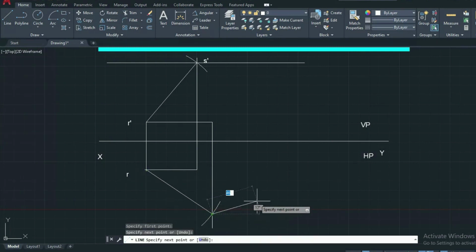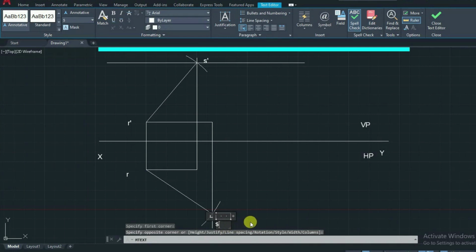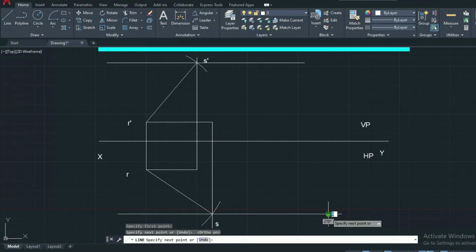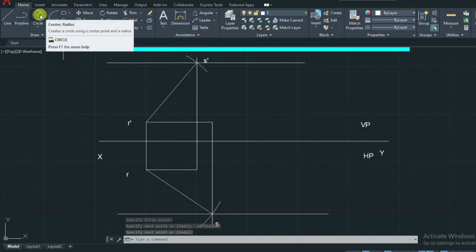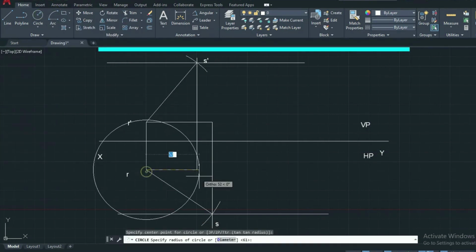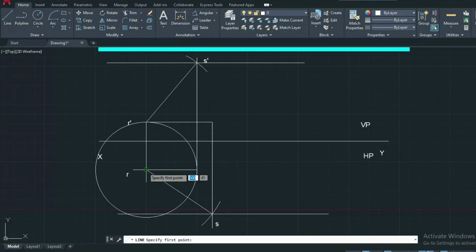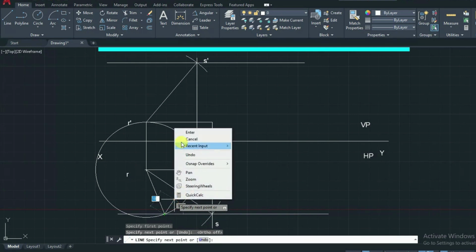So we are obtaining it in the top view. That is S, the top view true length. So we are getting S as the end point of the line. Through here also you can draw a locus line, of convenient length. Then again use the circle command or arc command. Okay, so this is your top view length. It will intersect. Okay, we are getting the same. So the top view is over here, and that is what we are rotating.